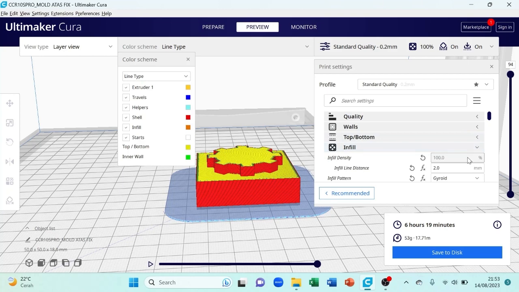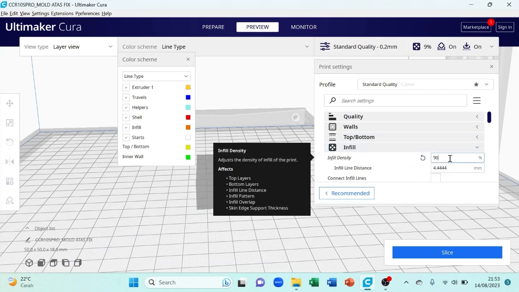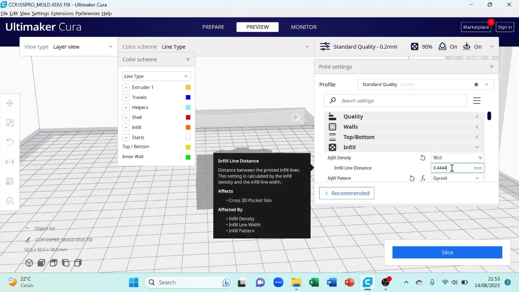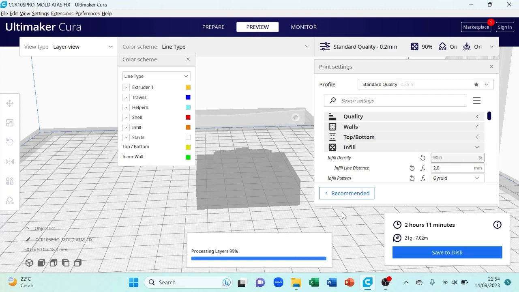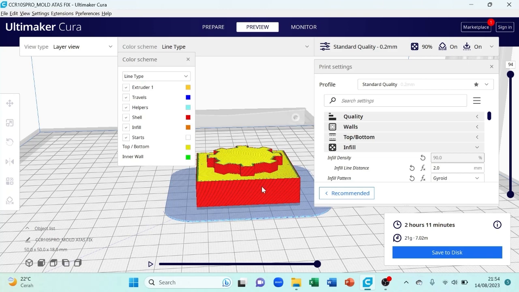Here I will set 19% and 2 mm. And then click slice. And uncheck the shell. Now we can see the pattern of gyroid.